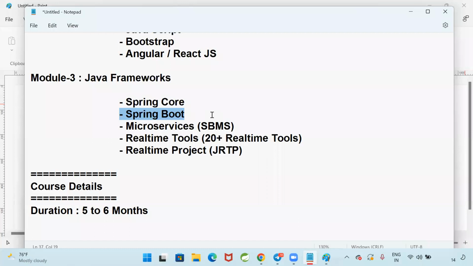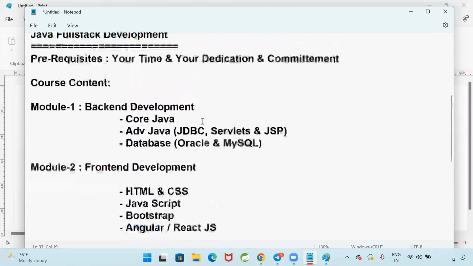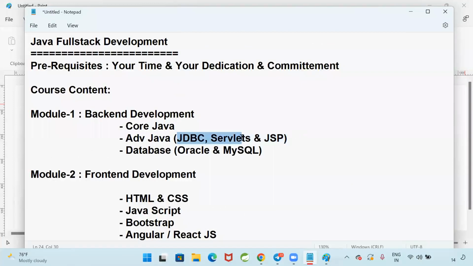You need to do a postmortem on the technology. You need to understand the internals, how it is working, why it is working like this, why not like this. What will happen if I develop a program like this? How is it working internally? To understand the details of Spring Boot, we need the knowledge of JDBC and servlets. So I'm going to give you JDBC and servlets within 20 to 25 classes, not more than that.